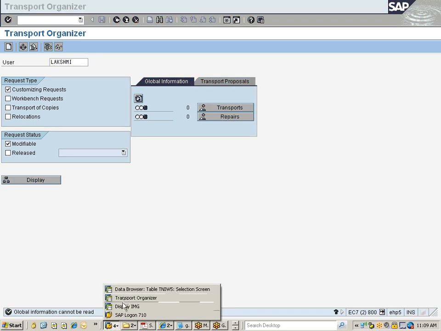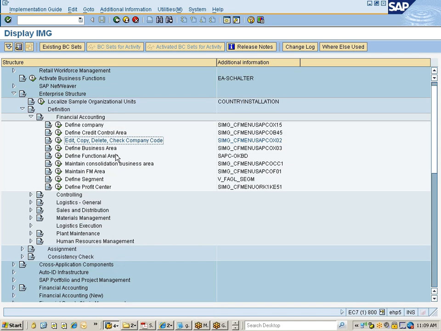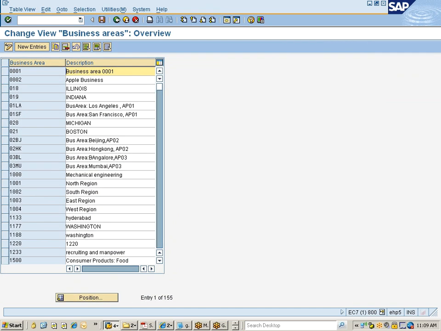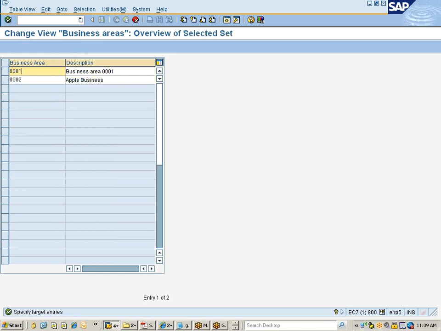Okay, so we have created the company code also. Now the next one is define business areas. So let me just quickly go and define a couple of business areas. Okay, I'll just take 0001 and 0002. I'll copy both. Just say copy as. Okay, so this is something like